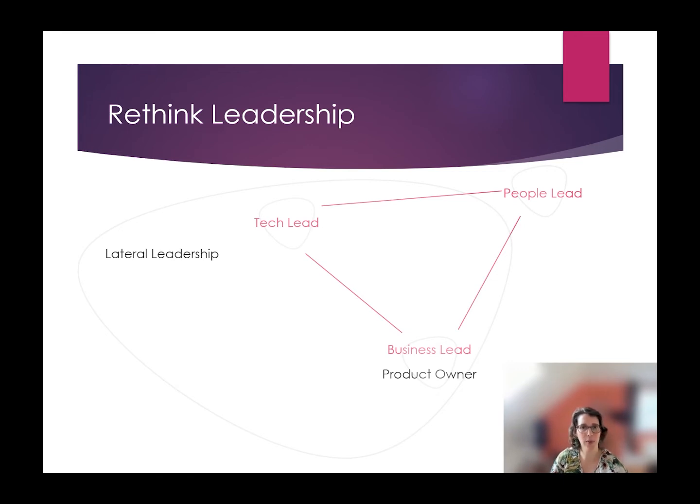Let's have one person that is only responsible for people leadership. So seeing how you can develop your employees, the people that are working with you, how you can organize maybe vacation, how you can organize what people need in their work so that they're really enabled to be successful. And then you have the tech and the business lead or also product owner that they decide in their domains how to go forward.